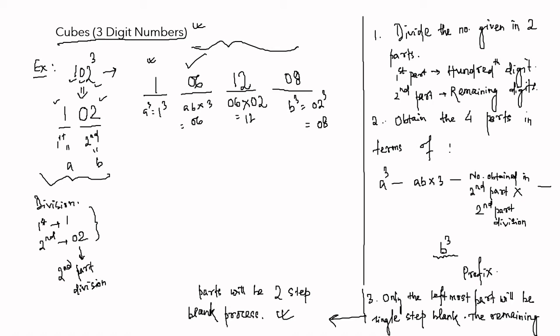Okay, right. So once we are done with it, the rest is pretty simple. You don't have to do anything like multiplying or bringing down the middlemost parts and doubling them. The best thing about this 3-digit cube method is you have already obtained your answer. See, the answer is 1061208 for 102 cube.